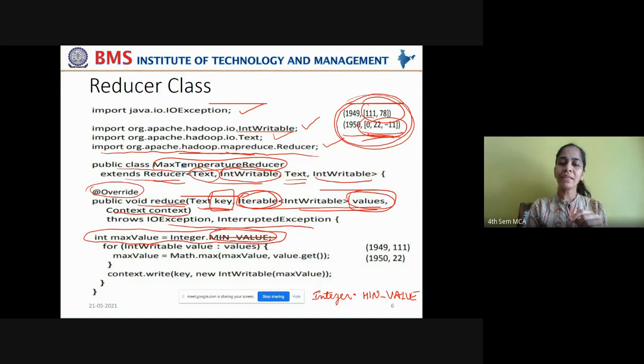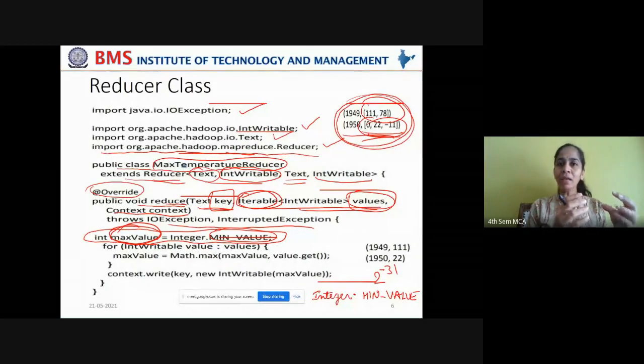We are assigning this to the max value, and it is of the order 2 power minus 31. That is the most minimum integer value that is available with Java. Okay, so you're taking this Integer.MIN_VALUE, which equals 2 power minus 31, and assigning it to the max value variable.